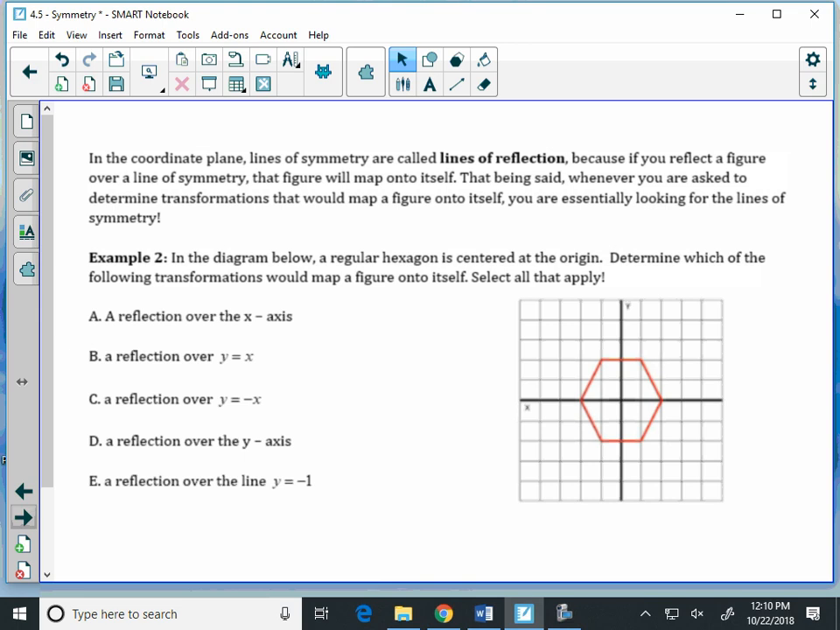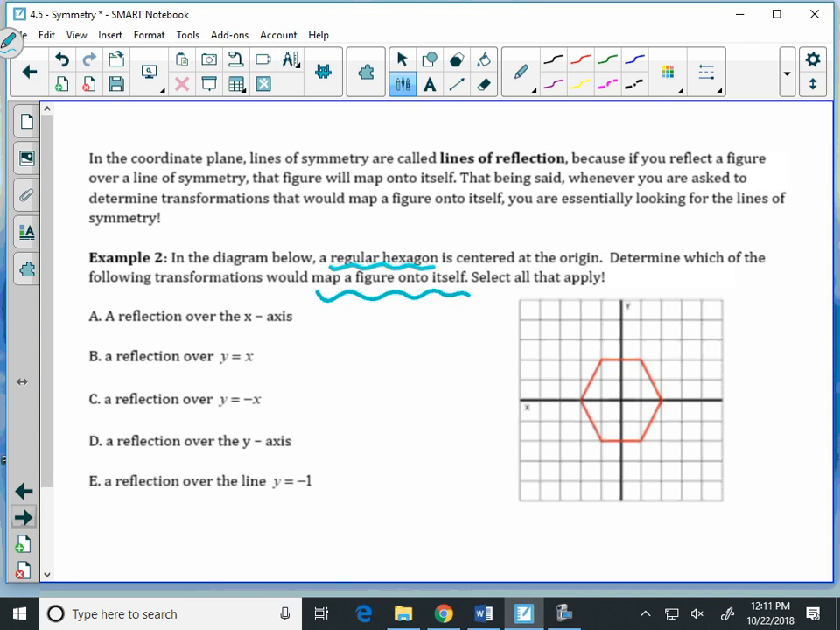So we take a look at example 2. We have a regular hexagon and it's centered at the origin. Determine which of the following transformations would map the figure onto itself. I see the words map a figure onto itself. That's telling me in my head I'm looking for symmetry, looking for lines of symmetry. So you're just going to go down your list and draw all these lines in, and ask yourself, is that a line of symmetry? If it is, it's an answer. If it's not a line of symmetry, it's not an answer